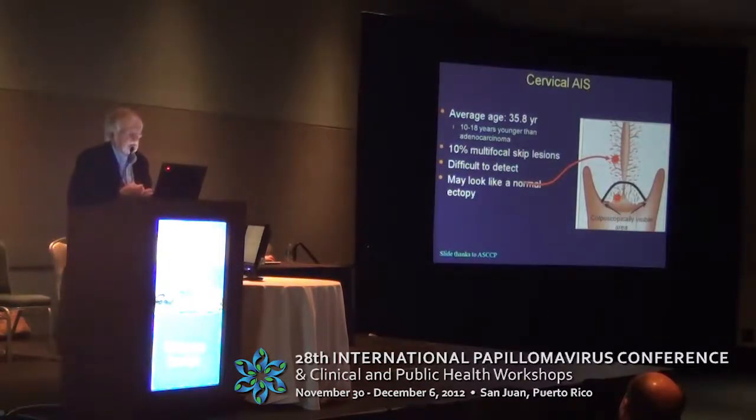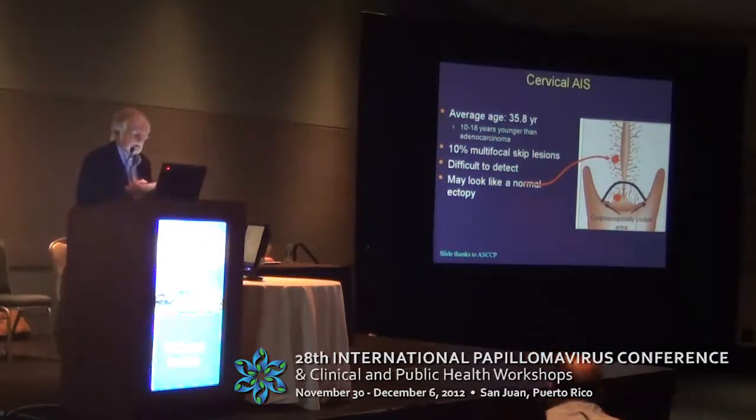The other problem is that it can be multifocal. About 10% of them are. In the US, the average age for AIS is 36 years, and this is about 10 to 18 years younger than that for adenocarcinoma. And one of the problems we have with AIS, if it's on the surface of the cervix or the portio, is it may often look pretty much like a normal ectopy. The other issue is how to treat this. This is an example of doing a LEEP where you might not be going up the canal far enough